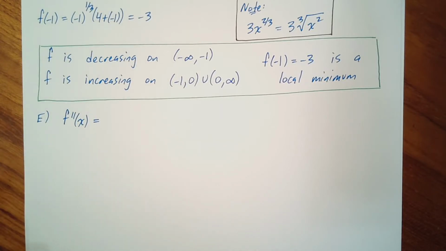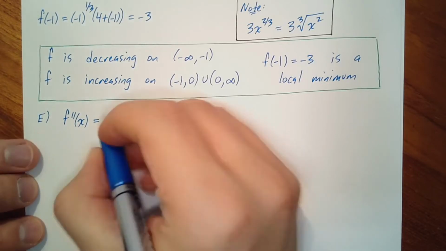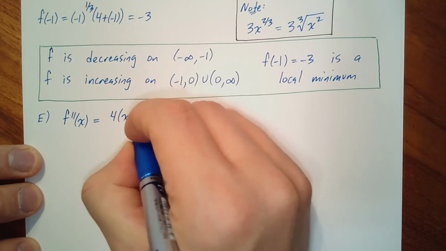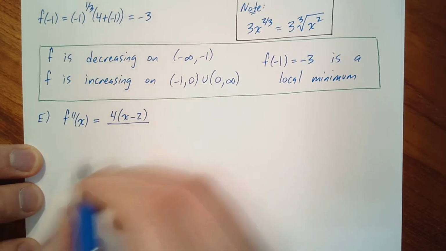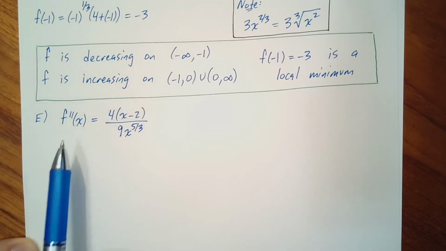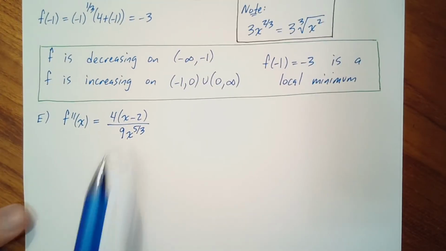But if you're watching this video and you're not really sure how I get this, the answer that I'm writing down now is going to be 4 times (x minus 2) all over 9 times x to the 5/3. If you're not comfortable getting this, try it on your own, but if you get something different or you're having